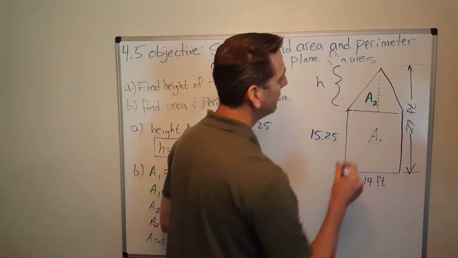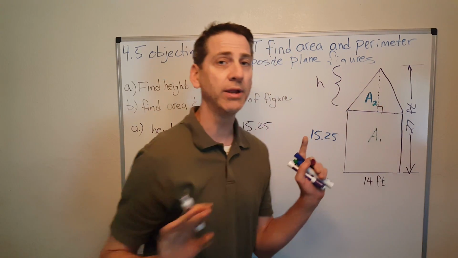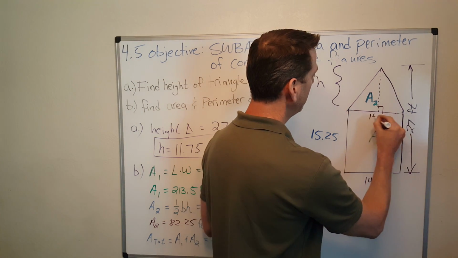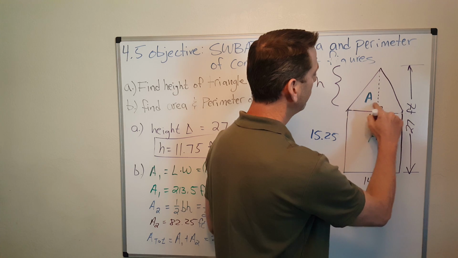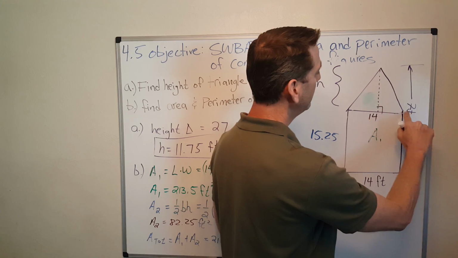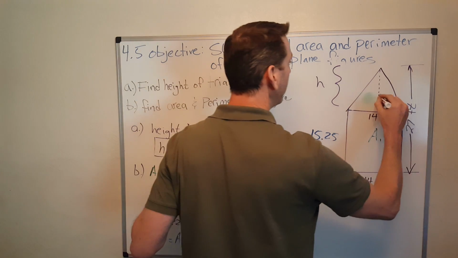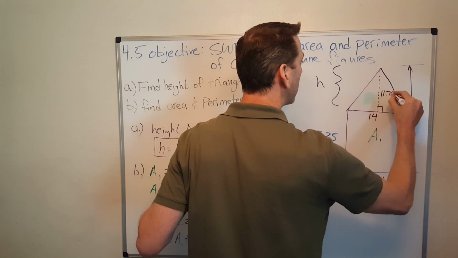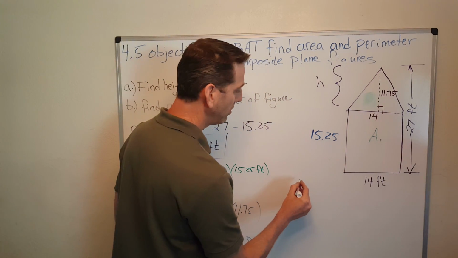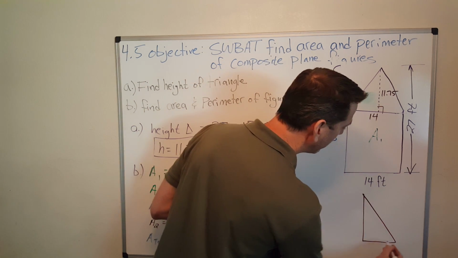So let's do this. Okay, we know that this basically is made up of two right triangles, right? So this length here is 14 feet. Let's go ahead and erase this. This length, the base is 14. The height, we said, was 11.75. All right? So if we have a triangle that basically looks like this, and a right triangle that looks something like this,